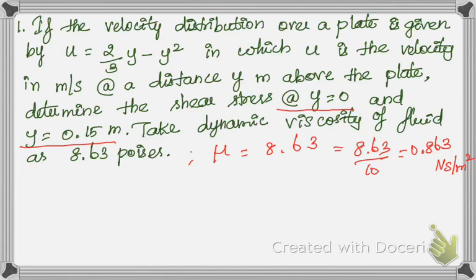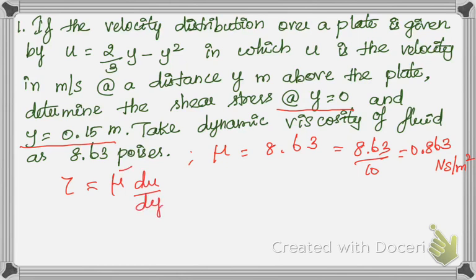So for that the value should be divided by 10. Now we have to get the value of shear stress. So just think in mind that we have to get the value of shear stress, but the given value is in dynamic viscosity. So just remember Newton's law of viscosity, that is shear stress is proportional to shear strain. In order to remove the proportionality, we'll be putting a constant, that is my dynamic viscosity. So tau is equal to mu into du by dy. So we are going to use this formula.